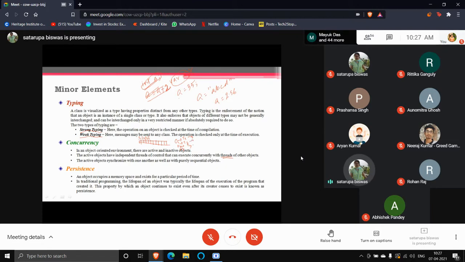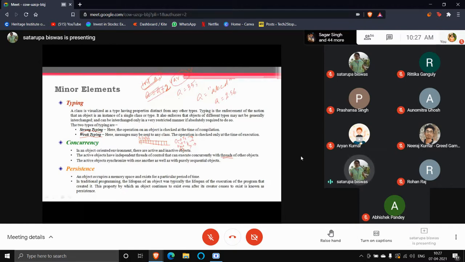Now they will run parallelly with either a single processor or multiprocessor system. Now that completely depends on them. We are not interested in that part right now. So objects can run parallelly using individual threads. Okay, so that much you have to know right now. And that property is called concurrency.